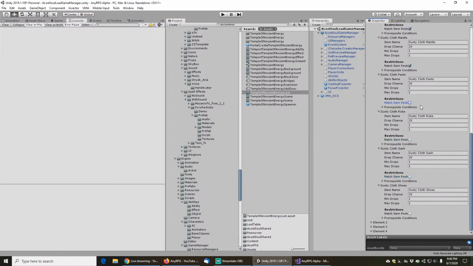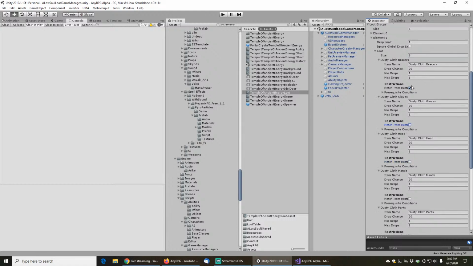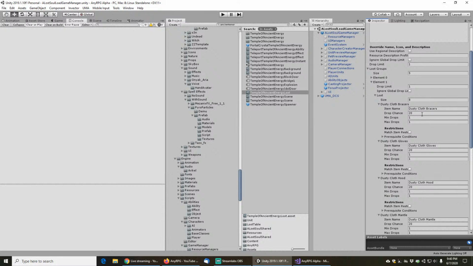We want these random items to drop for anyone, because you can imagine that these random items, like our set pieces, are special, we only want those to drop for the class, but these random items we want people to put on the auction house and stuff when we eventually add network support. So we're not going to match restrictions, like cloth can drop for anyone, plate can drop for anyone. Now, we're going to be ignoring the global drop limit in here, and